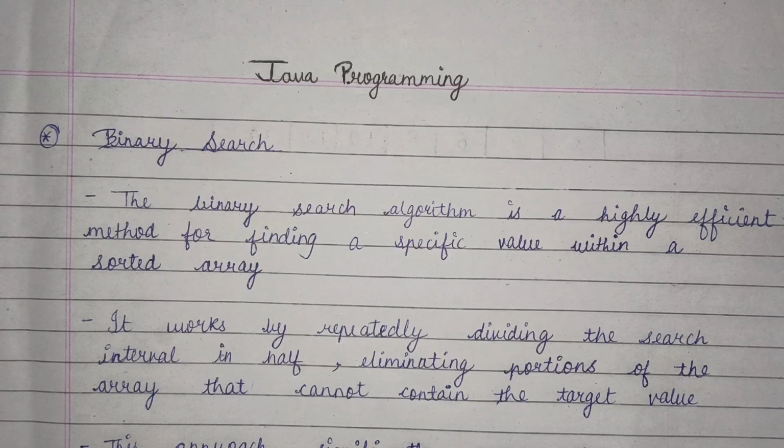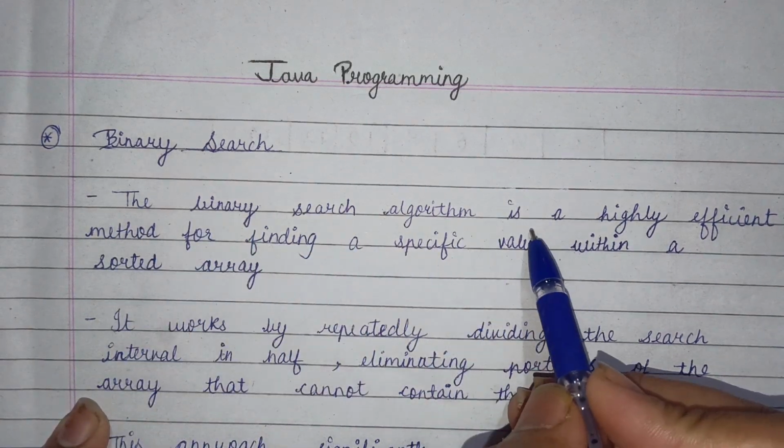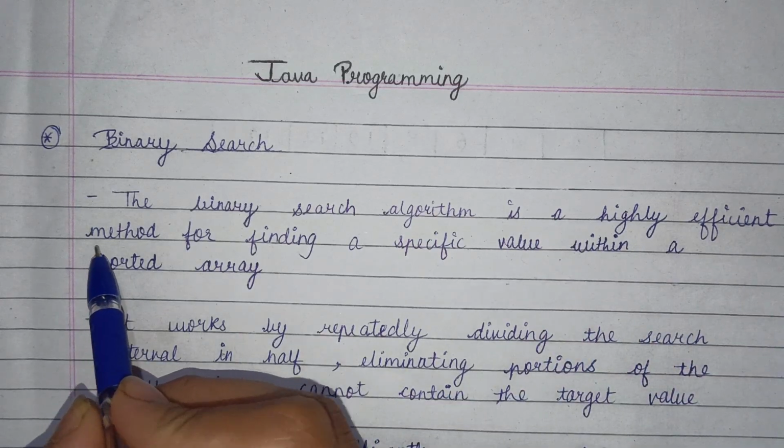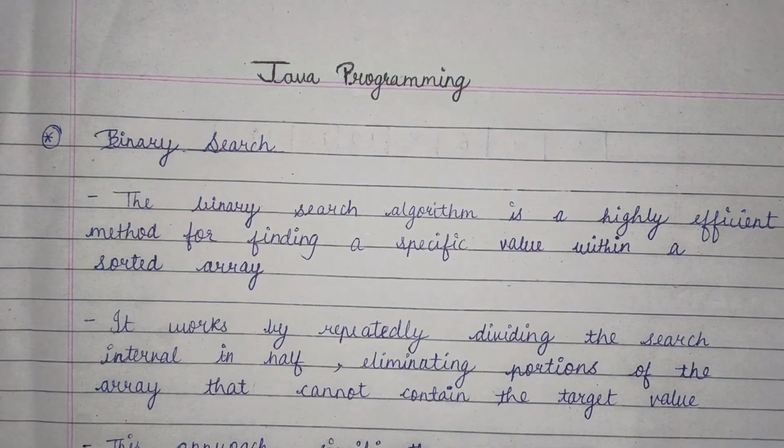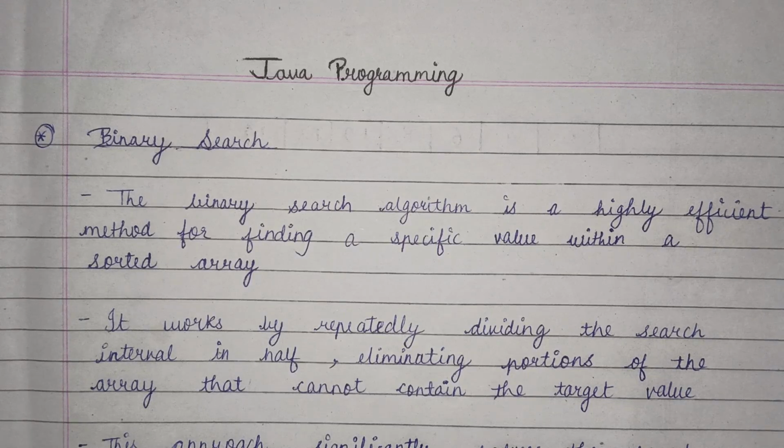In today's video we are going to see how a binary search algorithm works. Okay, so let's start. A binary search algorithm is a highly efficient method for finding a specific value within a sorted array. In the previous video we saw linear search, where we also find an element in the array. Here in binary search also we have to find an element or a specific value in the array,